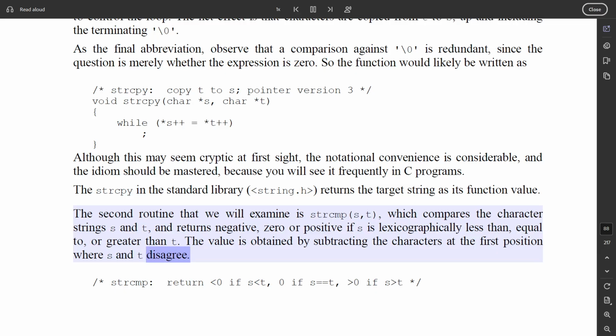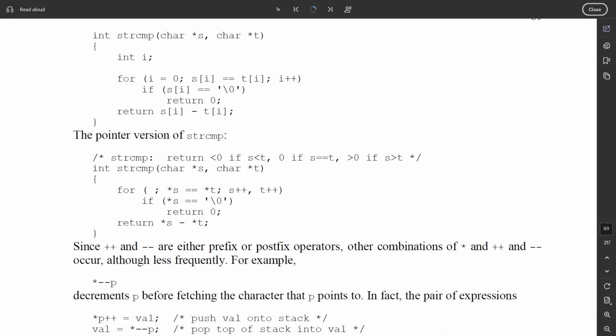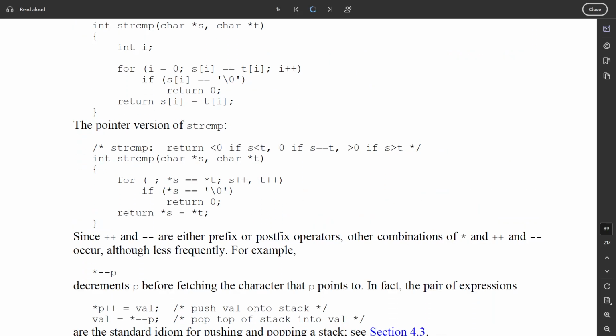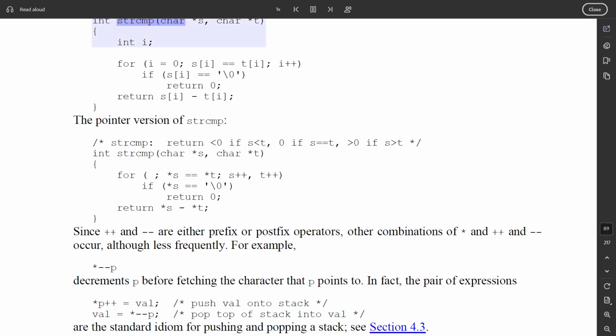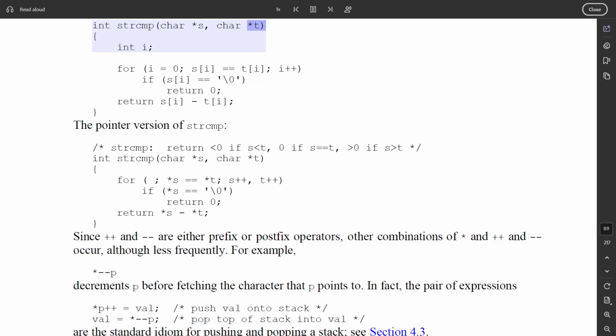/*strcmp: return <0 if s<t, 0 if s==t, >0 if s>t */ int strcmp(char *s, char *t) { int i; for (i = 0; s[i] == t[i]; i++) if (s[i] == '\0') return 0; return s[i] - t[i]; } The pointer version of strcmp: